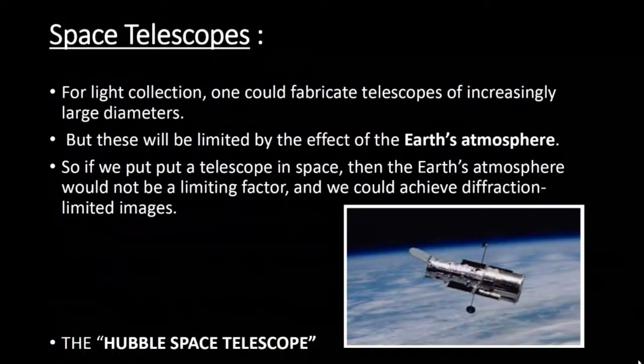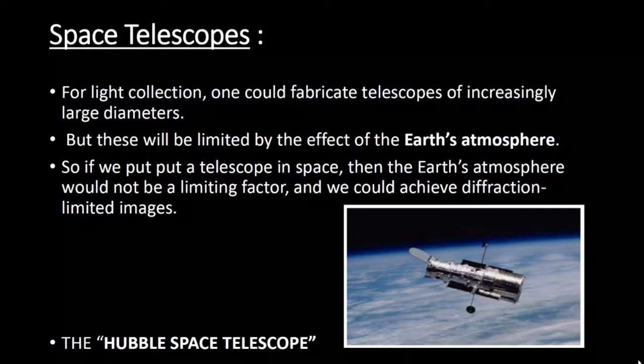The next one is the space telescopes. The major need why we went to space telescopes is that if we are observing from the Earth, the Earth has an atmosphere with different gases, and the observation of the light may be limited because of the absorption and radiation by different gases. If we go to space, there will be no disturbance from the atmospheric gases. So we send the telescope to space to get better observations.